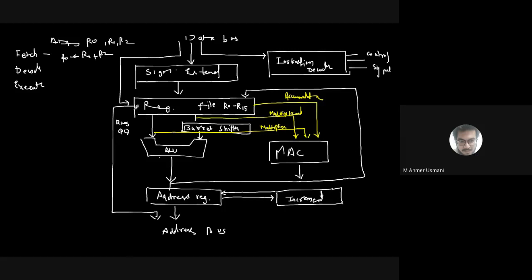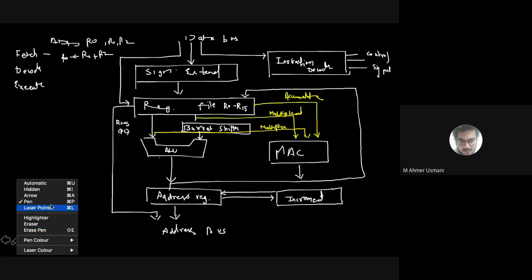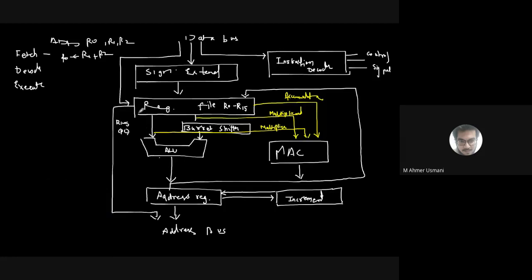So what it will do is, from the register file, whatever address is inside R15, we will take that address. Okay, we'll take the address and put it onto the address bus. Is this line clear to you? I'll just take some other color so that it might be visible. From the register file, we'll take R15, and from R15 we'll get the address of the next instruction. We'll put that address onto the address bus.